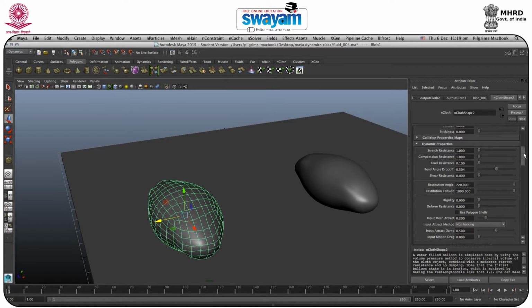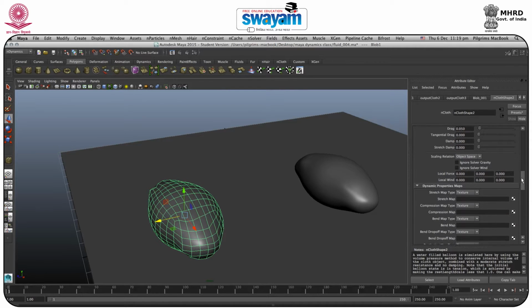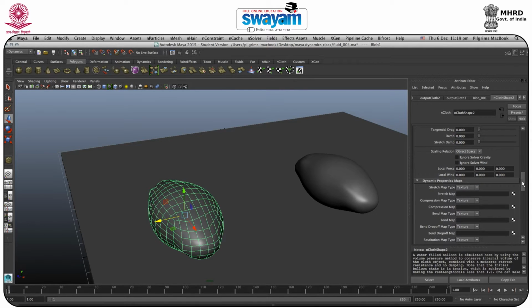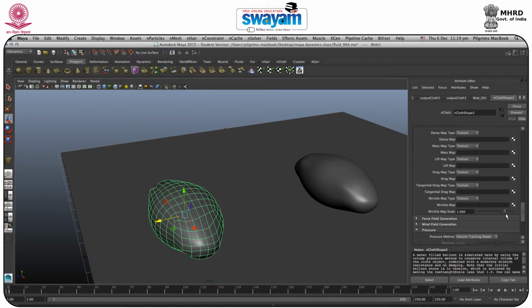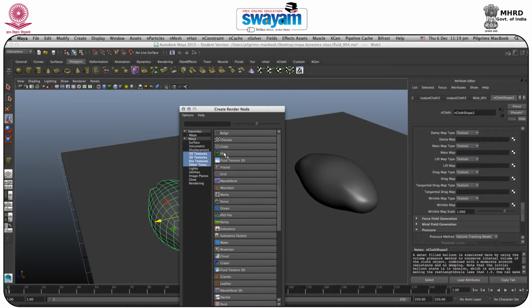So in the dynamic property map, here you find the particular wrinkle map section. So in this checkerboard you can have the noise, which is a default texture present in Maya. I will just click this noise,